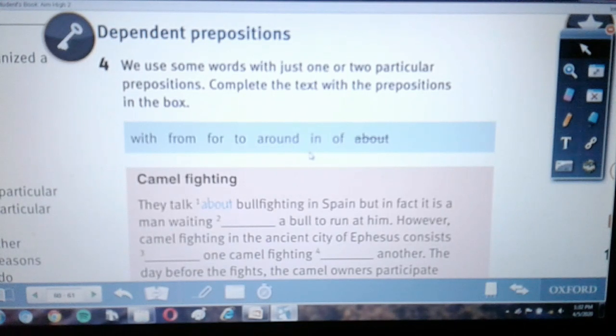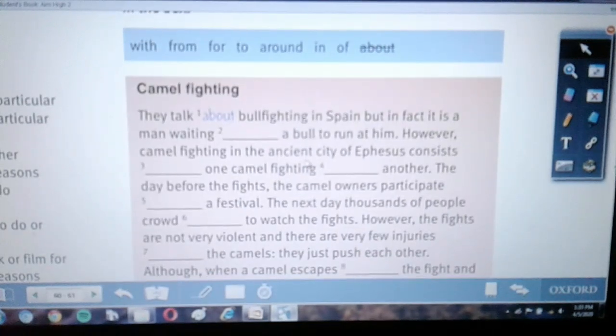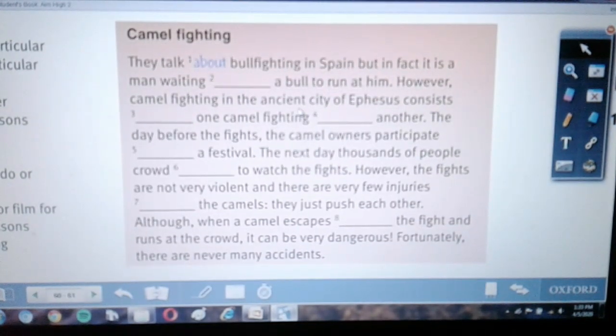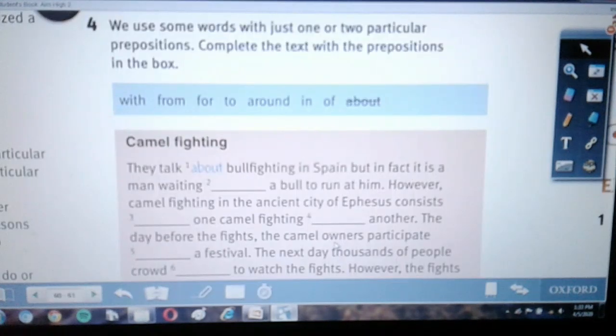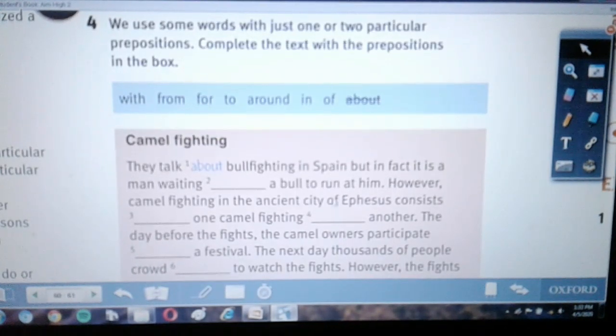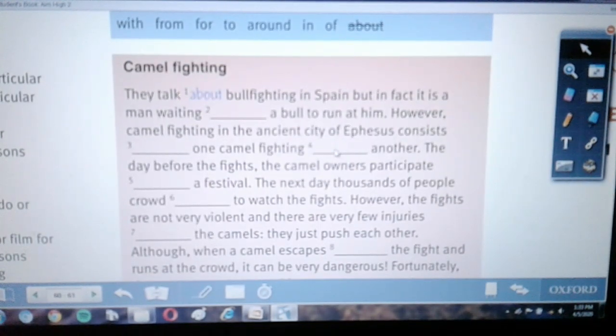So, we need to use talk about. Alright, now it's your turn to fill in the rest of the blanks. First of all, you need to read the text carefully. After that, find the correct prepositions to complete the text. Okay? So now,